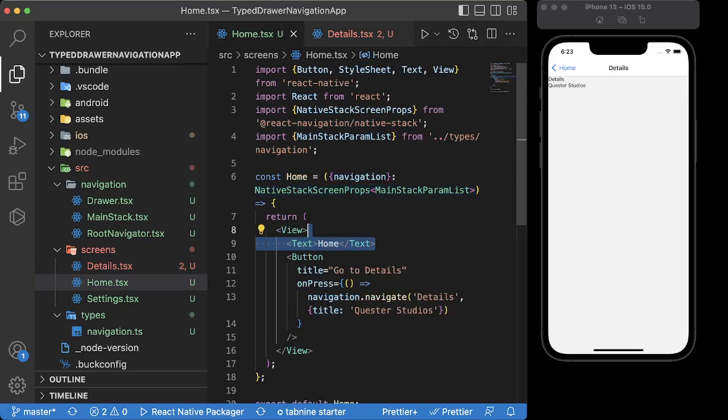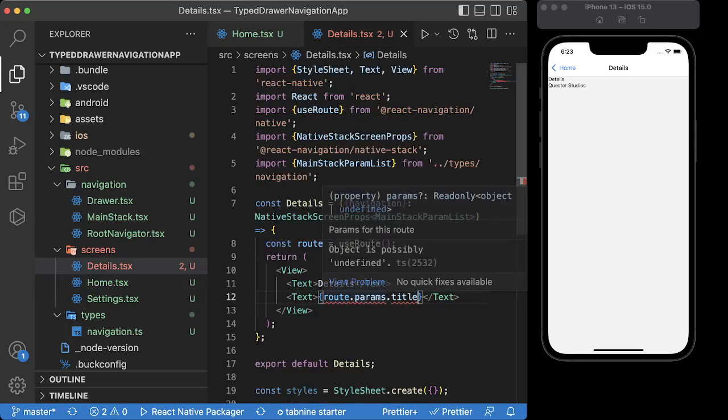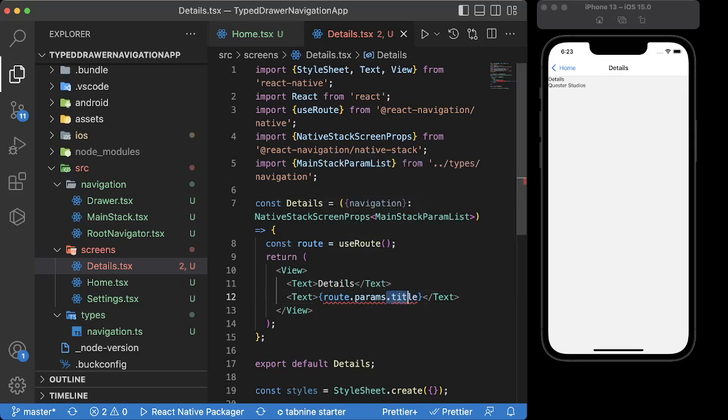So we're saying that the root params should be taking, this will take in